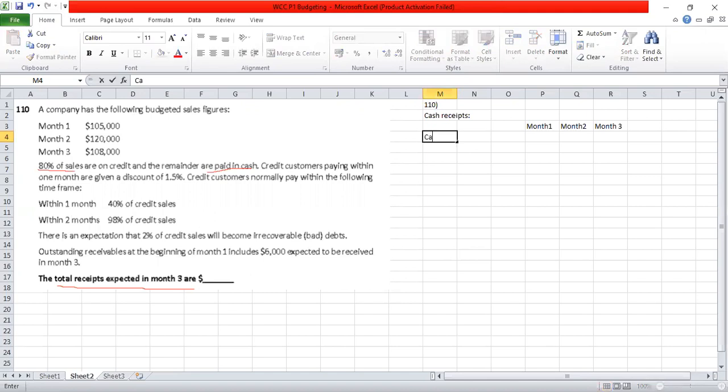So let's write first cash sales. So 20% of that will be received immediately, which is equal to 105,000 into 20%. Then we have 120,000 into 20%. Then we have